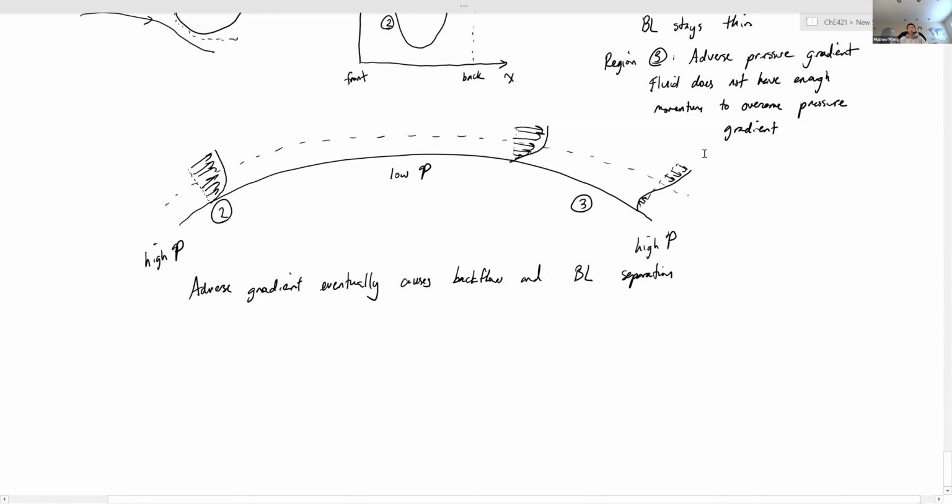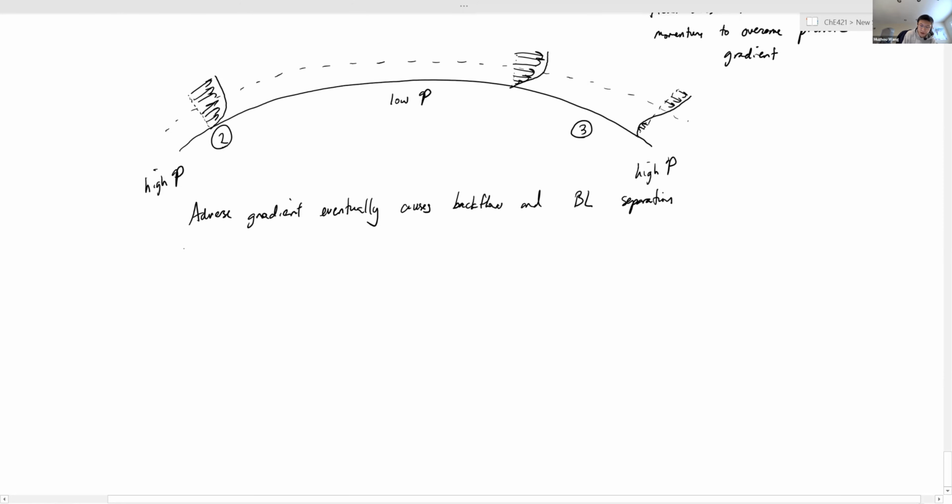And then you see the real sorts of flow profiles that you would see behind a cylinder, where you have this wake and eddies and stuff like that. That would happen if you were to do flow past a cylinder. So I'll just say after separation, we need a new description of the flow even outside of the boundary layer.